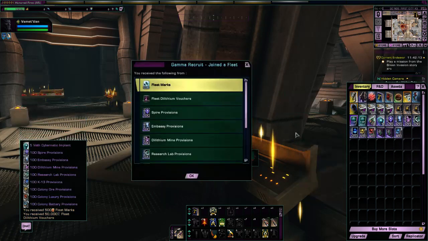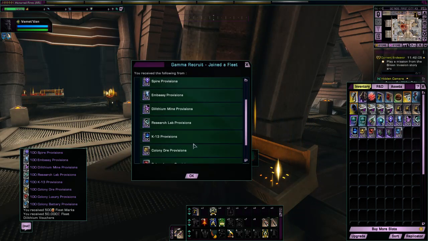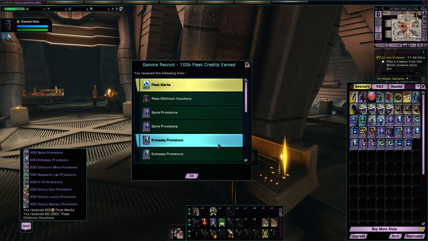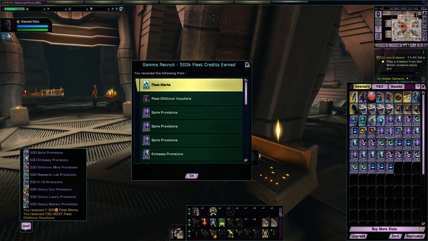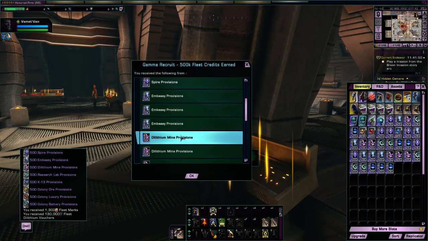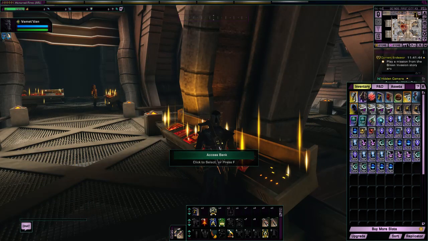Right, next, look at this. All these provisions for fleet projects, as well as fleet marks as well. Next one, boom, even more. 60,000 fleet only dilithium that time, and 600 fleet marks, and this one 70,000 fleet only dilithium and 700 fleet marks. Pretty freaking sweet. Absolutely fantastic. This stuff will all be very, very useful